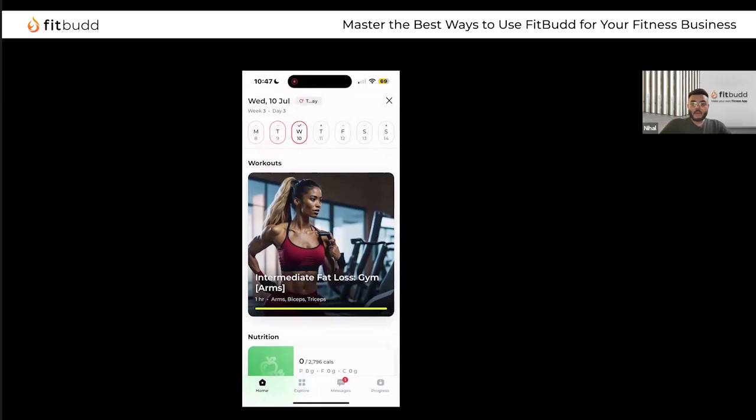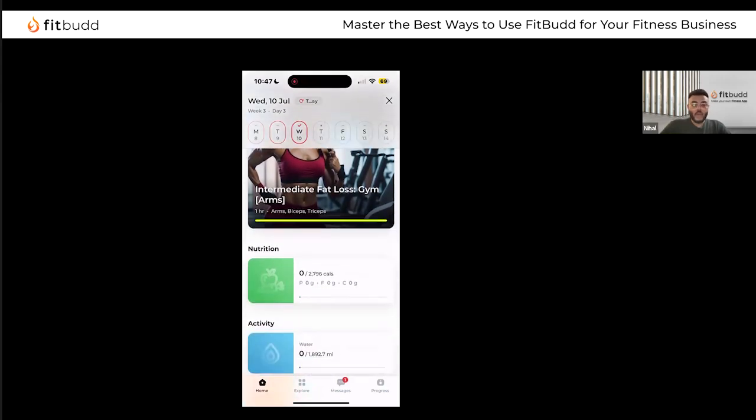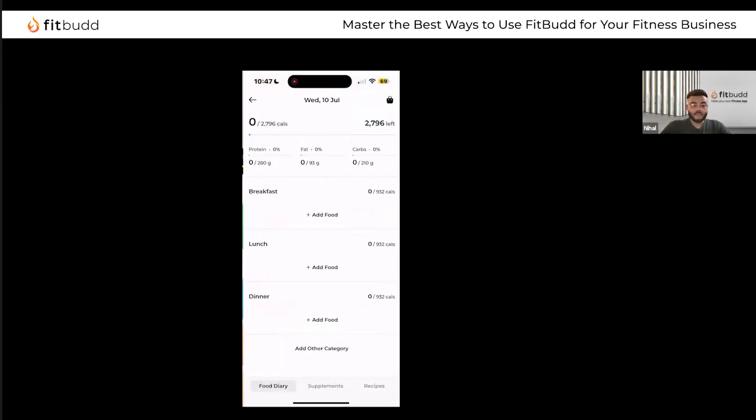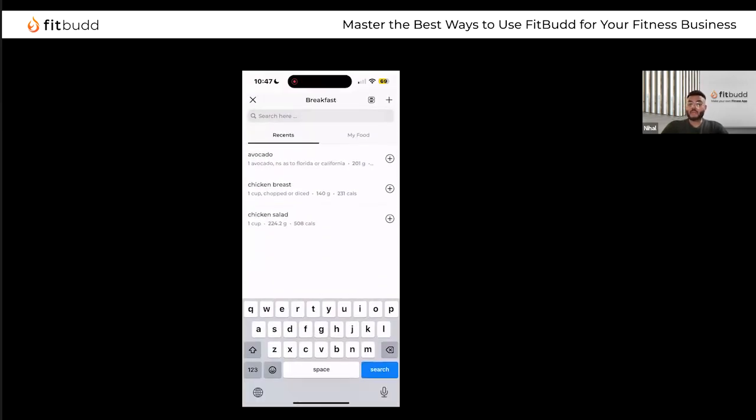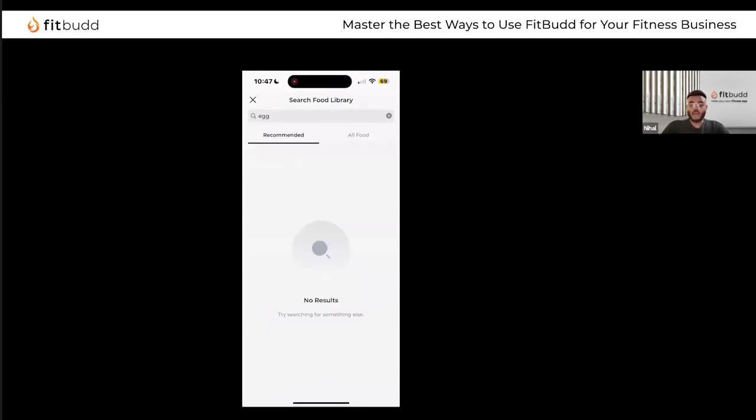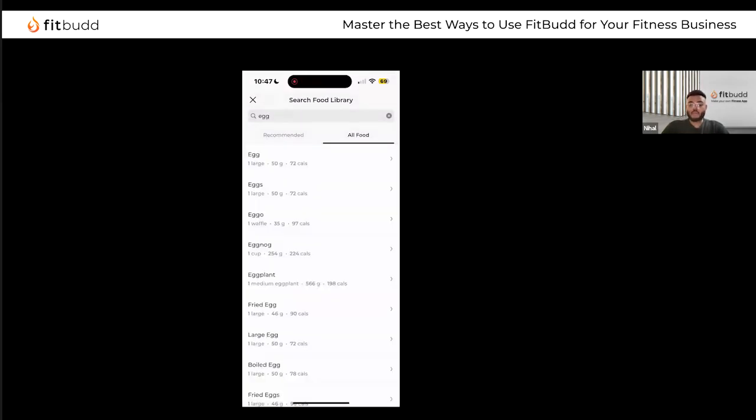Now going back to the client tab on the home screen, you have the nutrition segment. Your clients can log all the details over here. To log a food item, they simply need to click this add food option here. They'll see a search bar over here. They can enter the food items, click on search egg in food library, and the food library will be